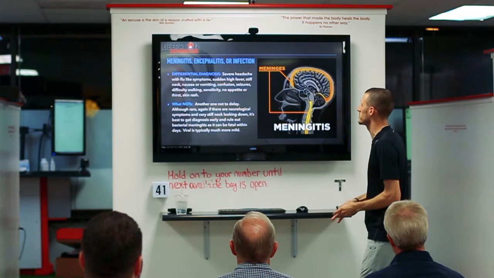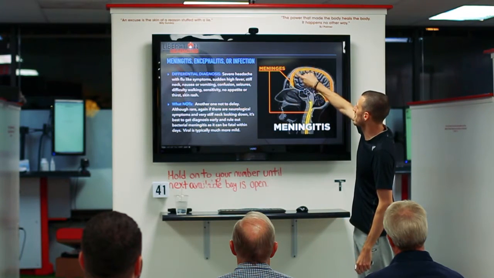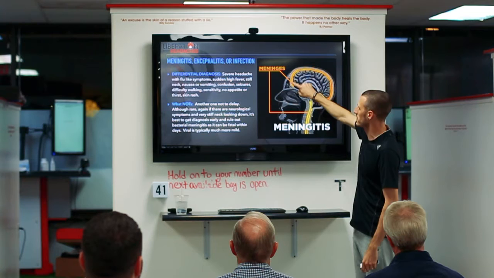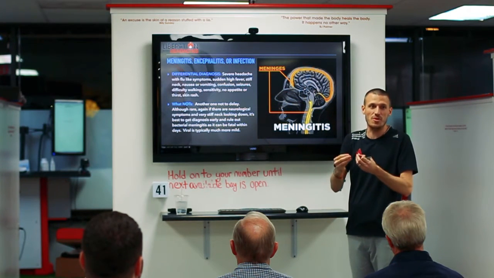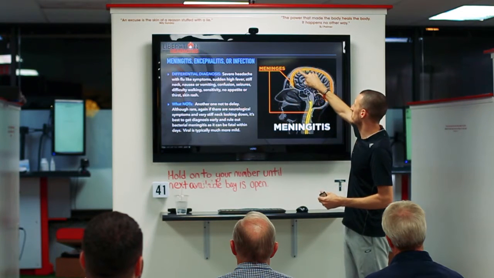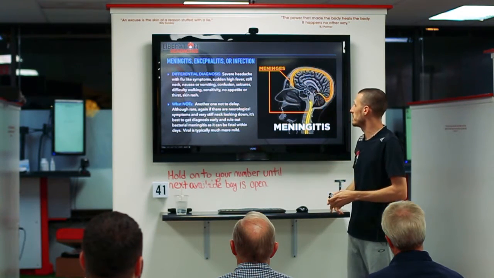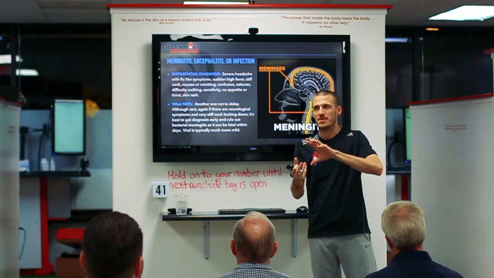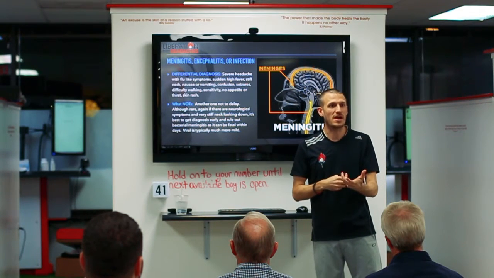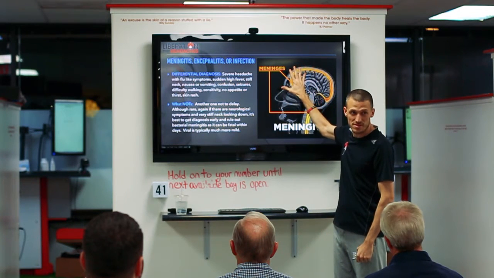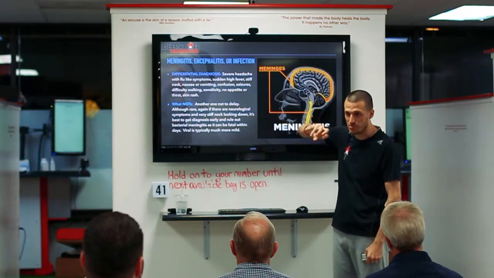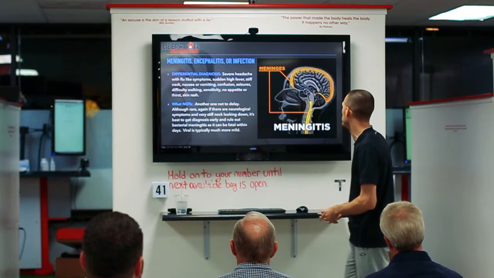But bacterial, you can't mess around, because that literally means you have a bacterial infection inside the meninges of the brain. Okay, that is rapidly expanding because there's a separation of the blood flow here from the rest of the body. So the immune system has a harder time mounting a response, because this is supposed to be a closed system. Okay, it's not supposed to have direct interaction with the rest of the bloodstream.